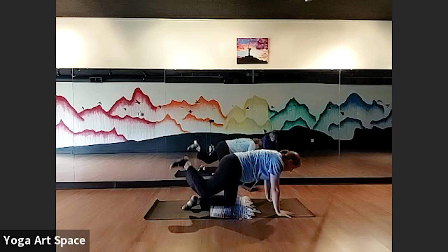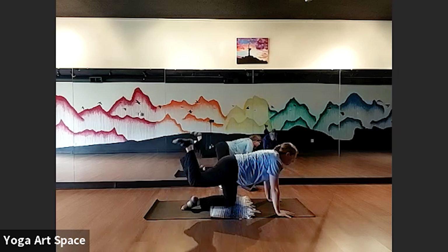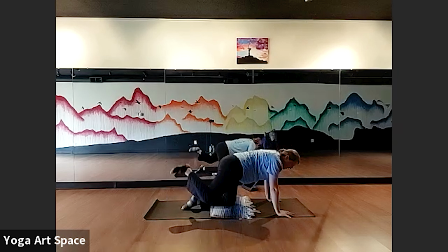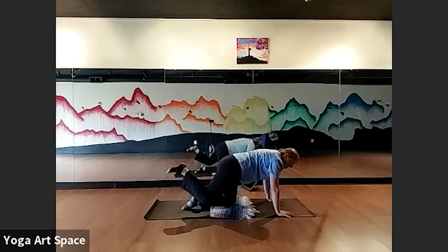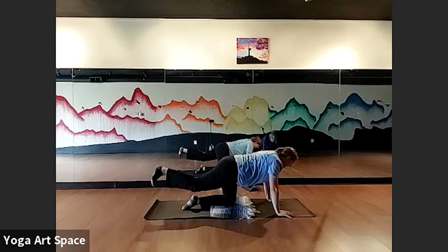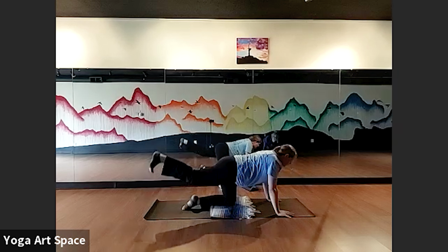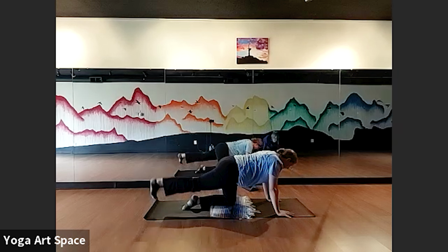Right knee to nose. Pulsing up. 3, 2, 1. Right knee to right tricep. Pulse up. 3, 2, 1. Extend the right toes, tap floor. Right heel lifts. 3, 2,